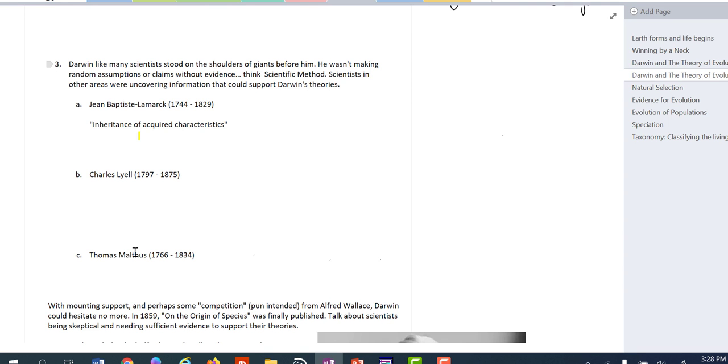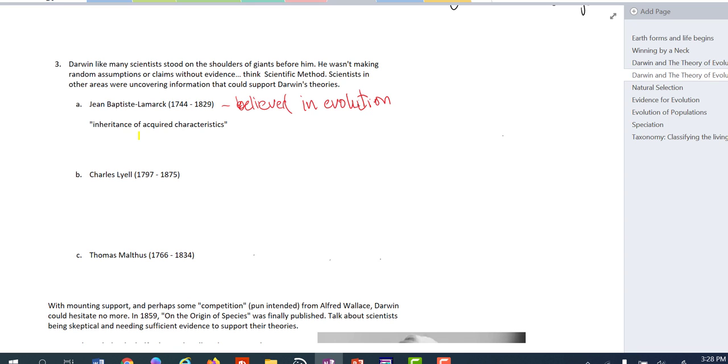So I'm going to try and write these, but I may have to pause and I may type some of them out. So first and foremost was a guy by the name of Jean-Baptiste Lamarck. And what was key about Lamarck is that he also believed in evolution. So he believed, like Darwin, in the idea of evolution. Right? So it's always good to have support out there, right? You have an idea, you might be a little apprehensive to present that idea, but when you've got support out there, you feel a little bit more secure in your own beliefs, right?